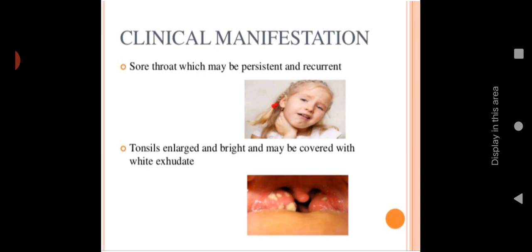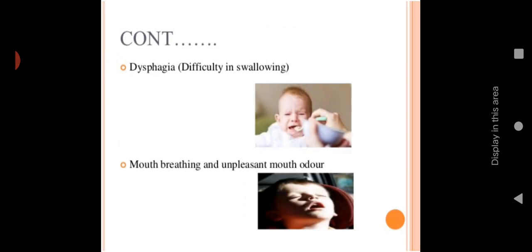While doing an oral examination, you can see that the tonsil is enlarged. Normally it is not possible to visualize the tonsils if they are not inflamed. If they are inflamed, then you can easily identify them while doing the oral examination, behind the soft palate, on both sides of the hanging structure in the middle. You can see the enlarged, swollen, increased size of the tonsils. So that is the inflammation. Then the next one is dysphagia, difficulty in swallowing.